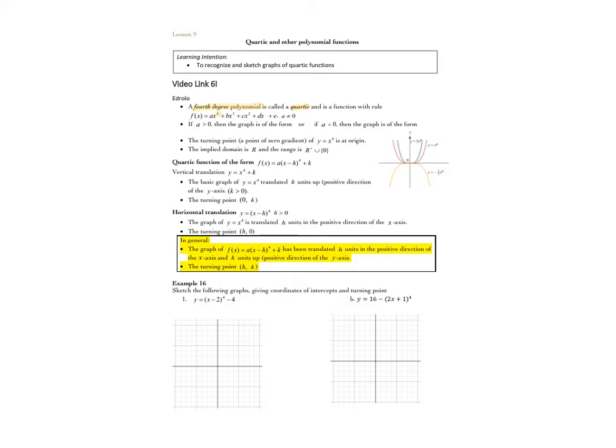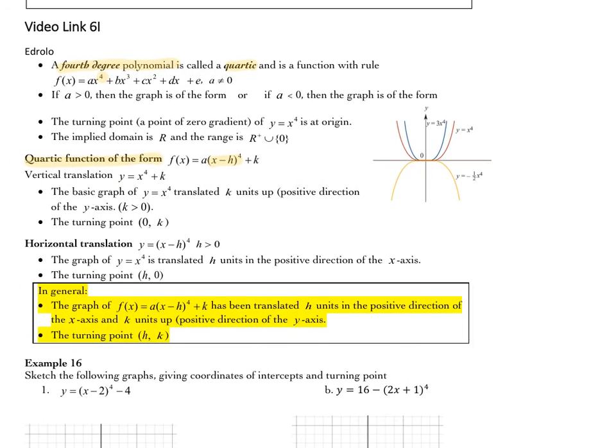Now, in terms of sketching and translating the graph, it's very similar to that of our cubic and our quadratic. The quartic function of the form x minus h all to the power of 4 shifts the graph h units left or right, and k units up or down, okay? The basic shape of my quartic function is similar to that of a parabola. So if you have a look at x to the 4, if I was to draw x squared,